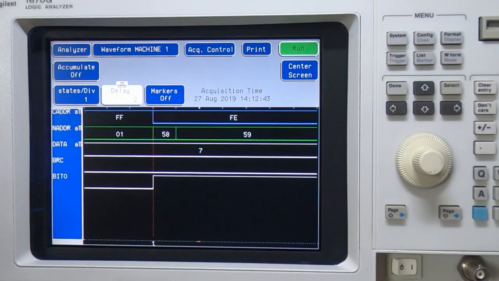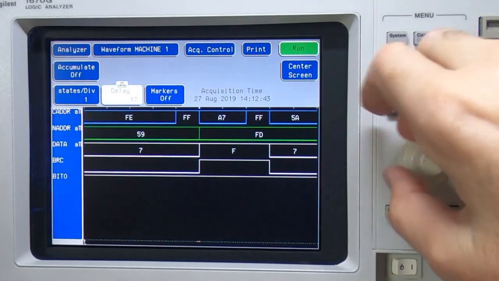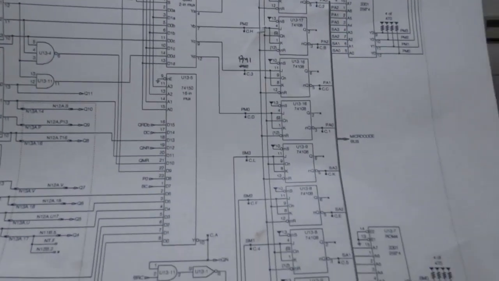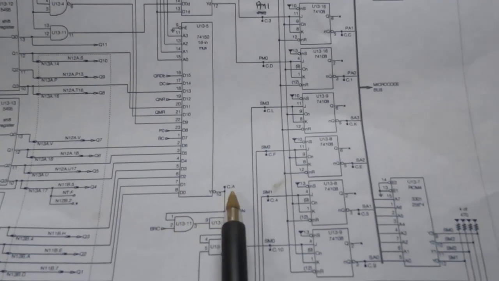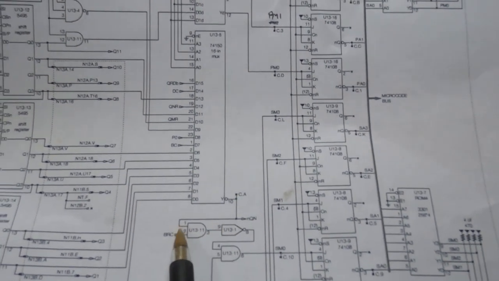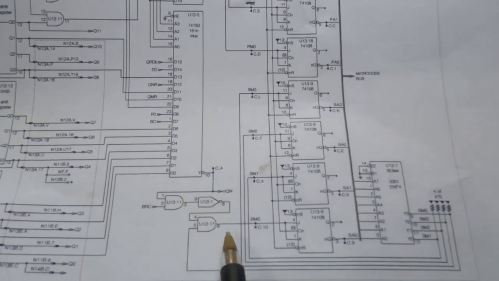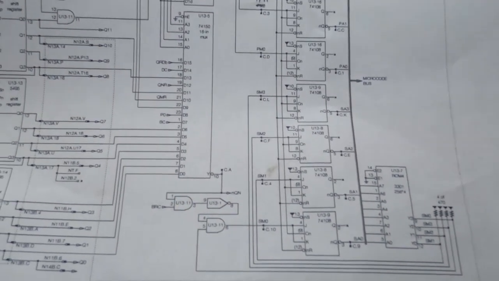However, we're still getting the wrong value showing here, and if I scroll across, you can see that we're still jumping to A7 rather than A6. So we'll have a quick look at the schematic. So what we appear to be getting now is BRC is correct. There's a high level here, but it's getting through this gate, and it shouldn't be. BRC is low, and we're not getting the data being fed through here,